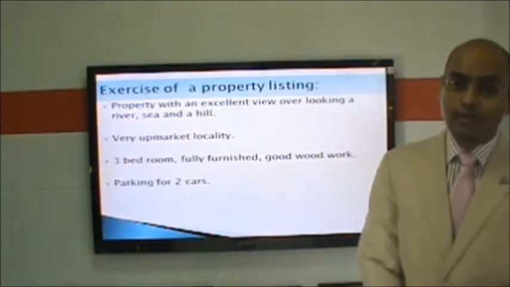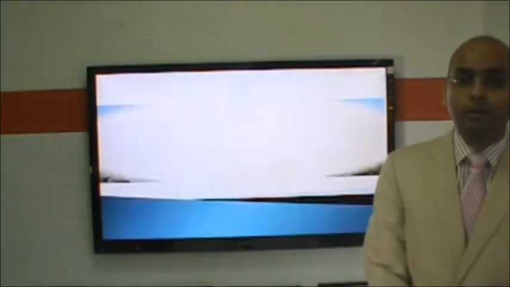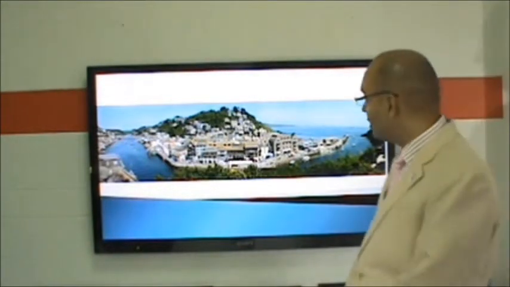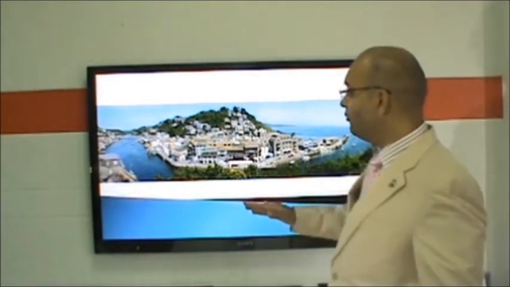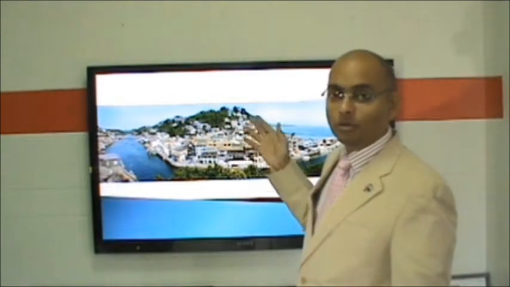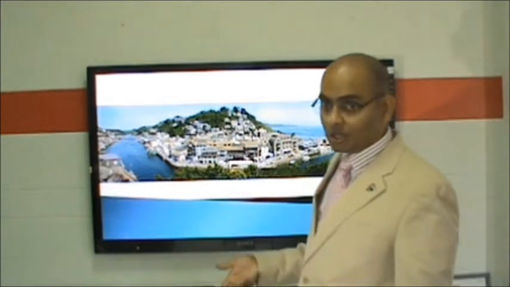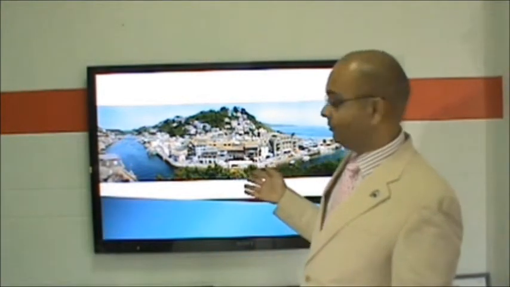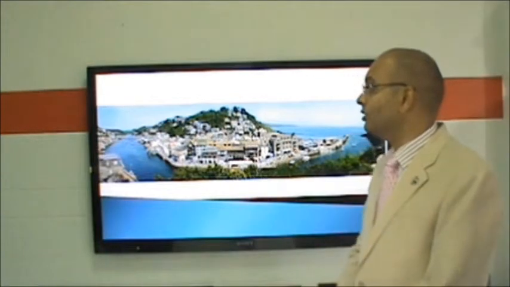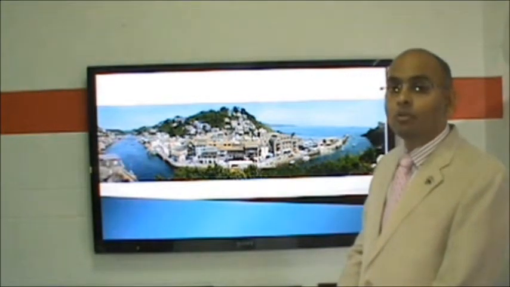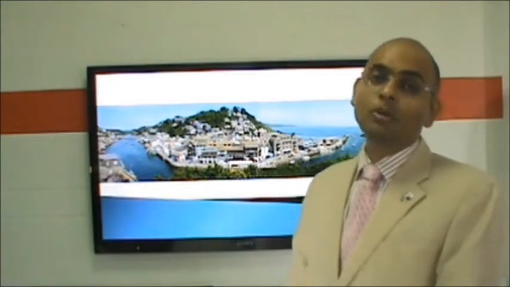Guess what the sir will say after viewing this photograph. So I will say, yes, I would like to look at the property. This is the view we were talking about. This is the view from the property. Now the sir wants to see what the property is from inside. But because we didn't have the photograph of the inside property, we have to see. Now when he goes there and sees that, oh, I don't like the exterior of this bungalow, we could have avoided that visit altogether by showing the exterior of the bungalow as a photograph.